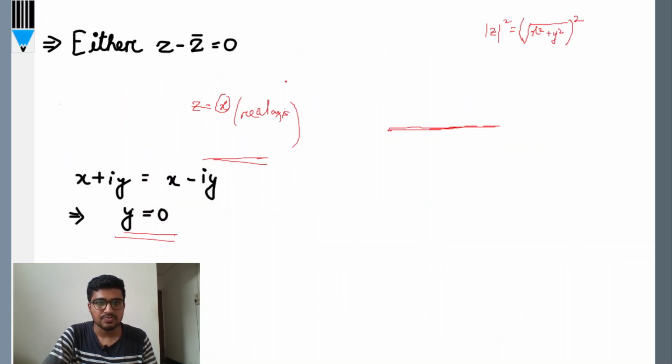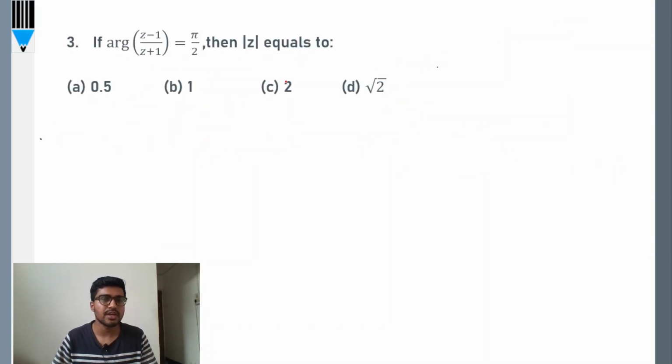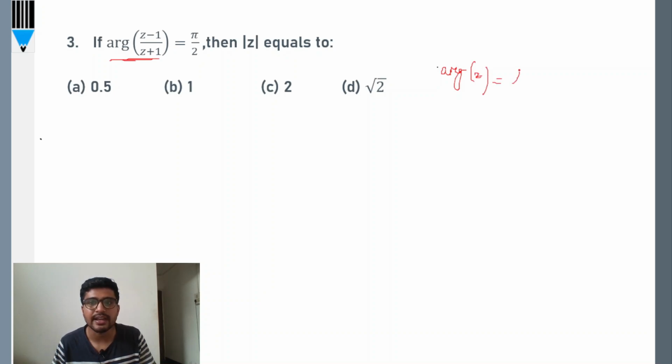Next question. If the argument of z minus 1 by z plus 1 equals pi by 2, then mod of z equals what? Here the concept of argument is involved, so for this you will have to know what the argument of z is. So the argument of z is basically tan inverse of